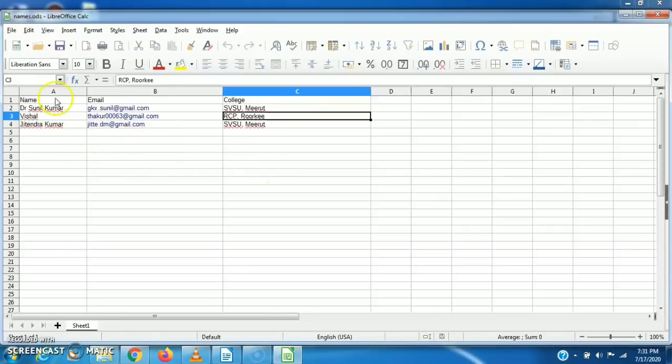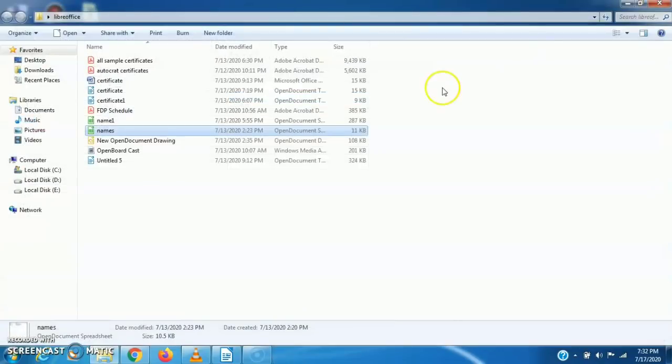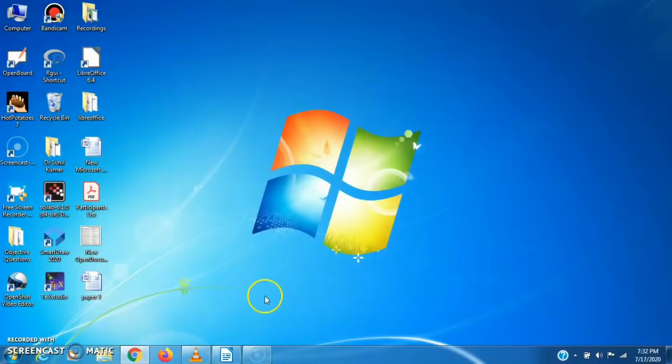This is the spreadsheet. Suppose I want to send the certificate to these 3 people. We can add as many people as we want to send the certificate to. We can add 1000, 2000 or 4000 and send certificates to them. So this is our database. We will require this for sending the certificate to the participants.